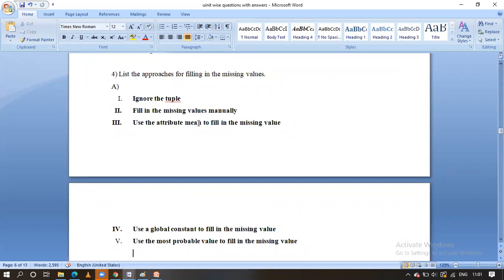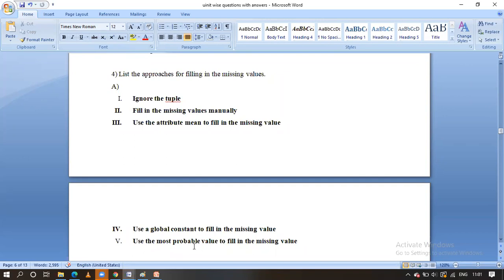And the third approach is, in place of missing values I'm going to use the attribute mean. For suppose I'm having 100 values, one value is missing, means I'm going to calculate the average of all the values and replace that missing value with it, guys. And the next one is global constant, like infinity. Likewise the global constant I'm going to use in place of the missing values. And the next one is the most appropriate value, probable value, by using regression, decision tree, and Bayesian classification methods.